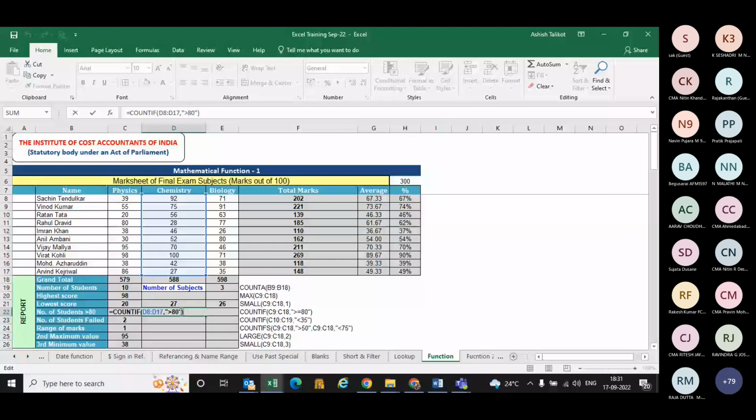Any criteria needs to be given in inverted commas. So we will cross check it. One is 100 and another is 92. So only 2 students have scored more than 80. Here only 1 student has scored more than 80. This is 91. So this way you can find from any range. Rather than more than 80, you can select less than 80, you will get 8 as a count. So this is countif for students,